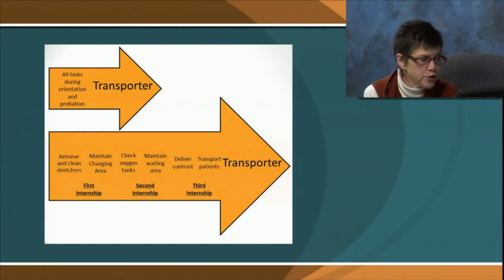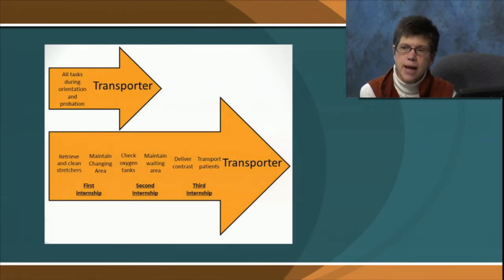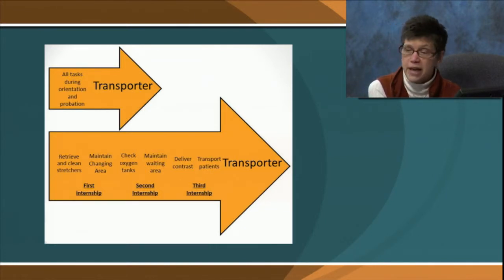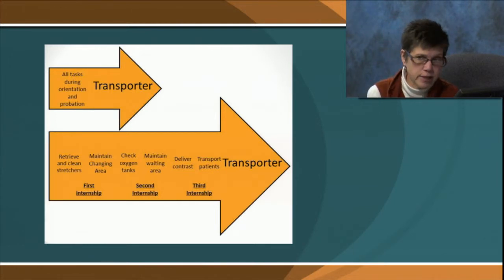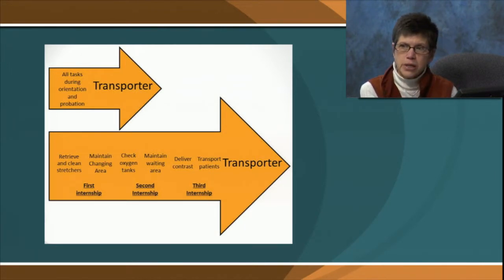So for instance, a first internship could just be learning the skills needed to clean and retrieve stretchers, organize those stretchers, and maintain an area where those stretchers, when I say stretchers, beds, gurneys, wheelchairs, are kept. A second internship may involve other skills needed to become a patient transporter, changing oxygen tanks out, maintaining waiting areas. And a third internship may be delivering x-rays and contrast, and then finally transporting patients, which is what a patient